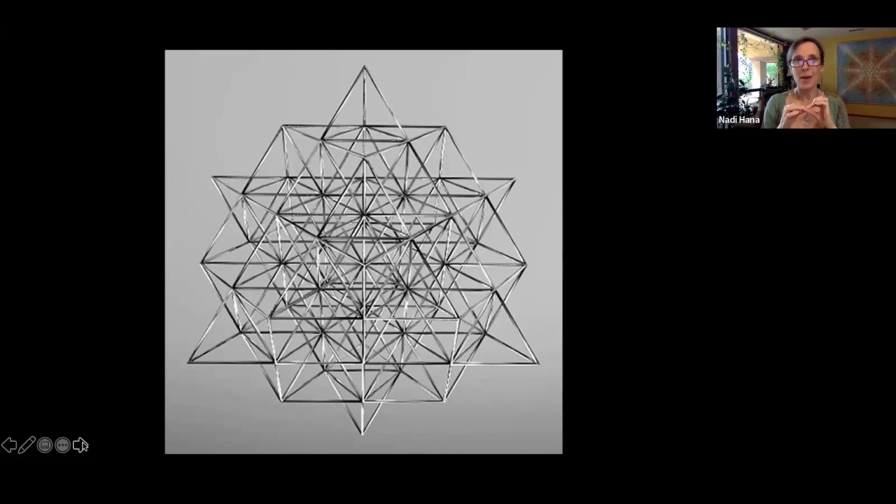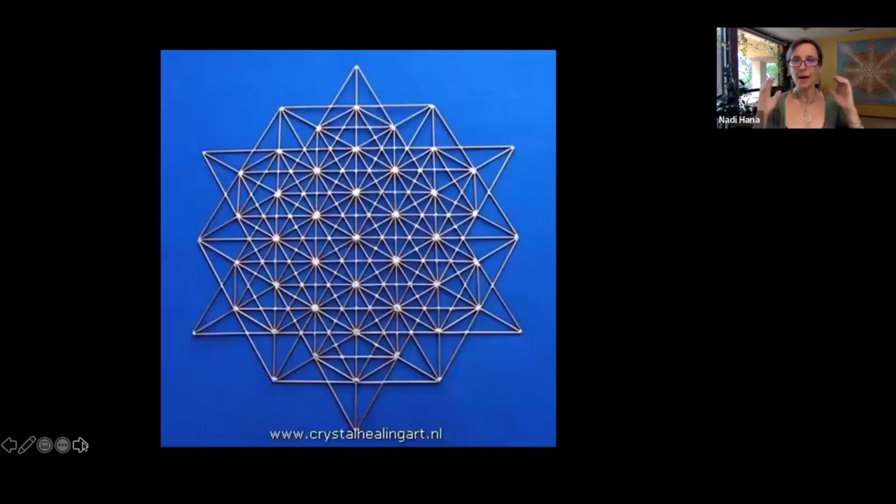This is another way of interpreting the potential of space-time, the potential of space, right? Space itself has a geometry, and this is part of geometric structure. It's based in a hexagon, but it's also based in a tetrahedral structure. That was the 3D version. This is the 2D version, right? So it's this beautiful interwoven lattice work that is part of the field,